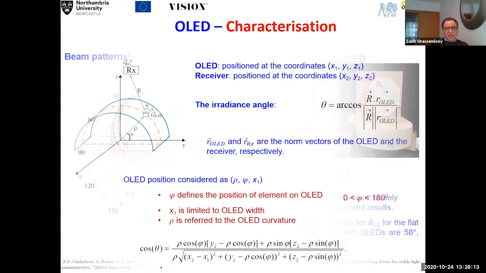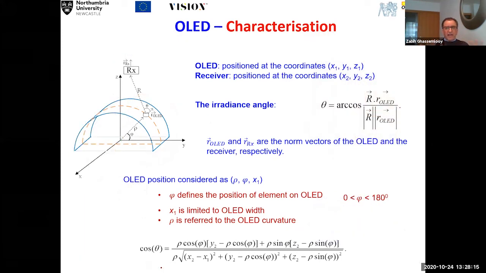Then we were interested in, okay, we looked at the flat one. What about if we bend it? So this is our light source. Now the light source, you can see that it's bending with certain degrees. What we are interested in is whether, when you bend the light source, the bandwidth will stay the same, or it will change with the curvature. And also whether the beam profile will be uniform across here, or it will also change.